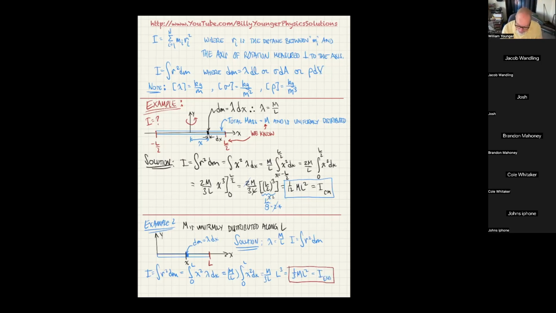Now, there also happens to be something called the parallel axis theorem, and the parallel axis theorem says that the moment of inertia through a parallel axis is equal to the moment of inertia through the center of mass plus M times h squared, where h is the distance between the center of mass and the actual axis of rotation. So now what I'm going to do is, in fact, make this a third example